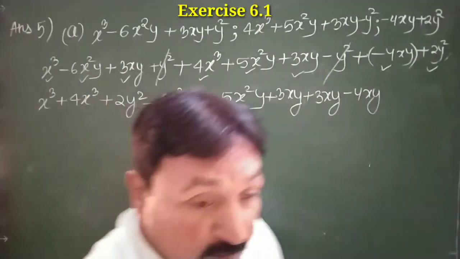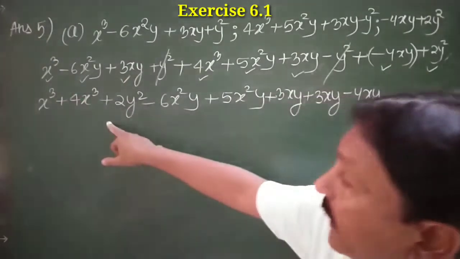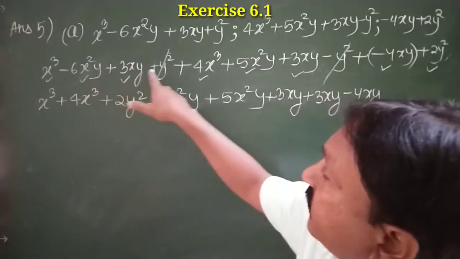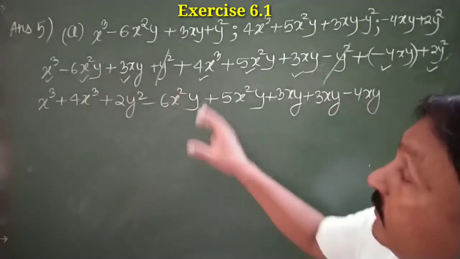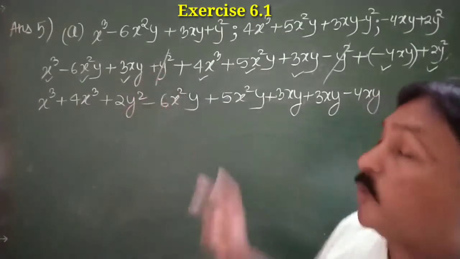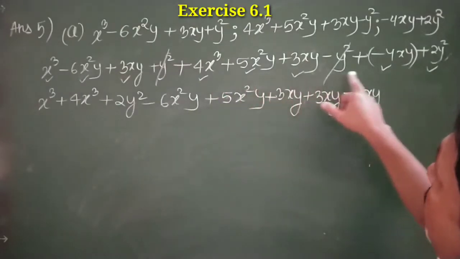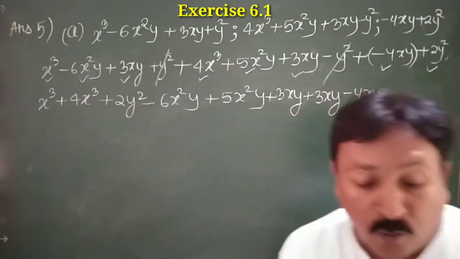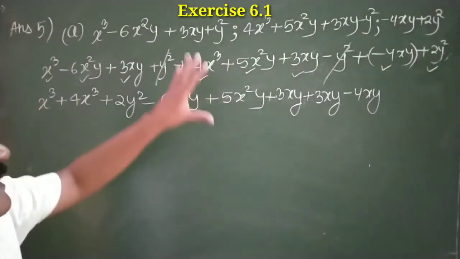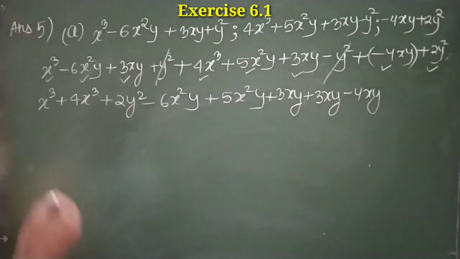See, just notice one thing: whenever I wrote any term here, I put some kind of symbol just below it. Why? Because this helps me remember whether anything is left or not. If anything is left, then this symbol will not be present below it. So always write one small symbol of any kind to show that you have used that term. Okay, now solve it.